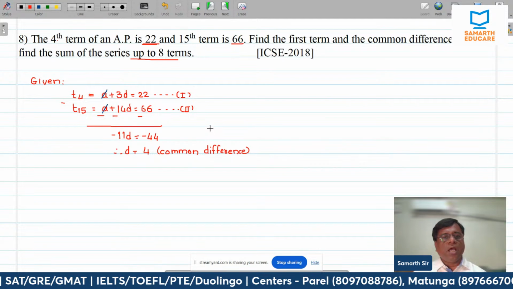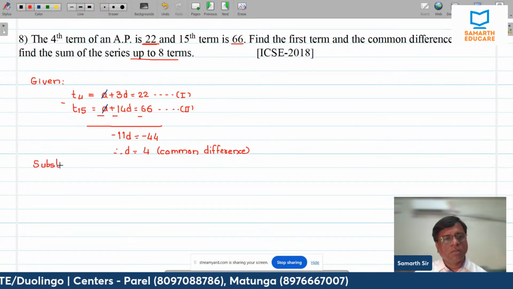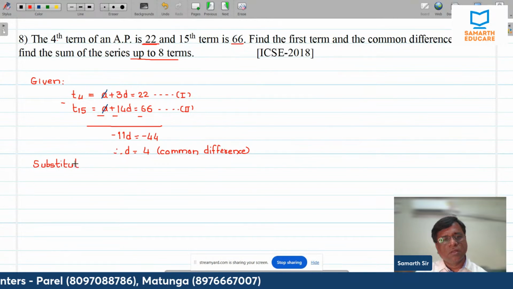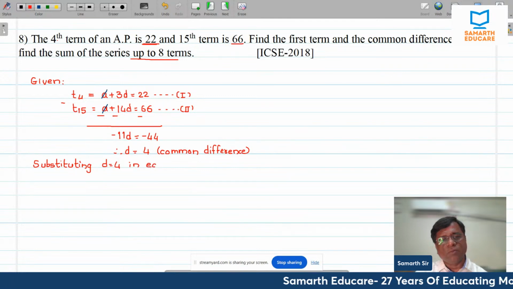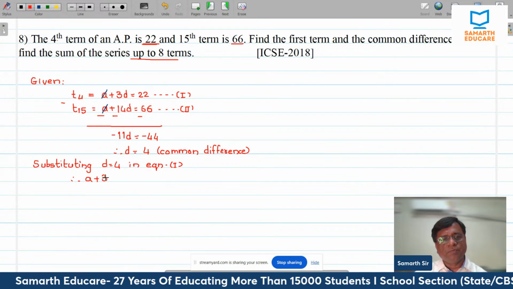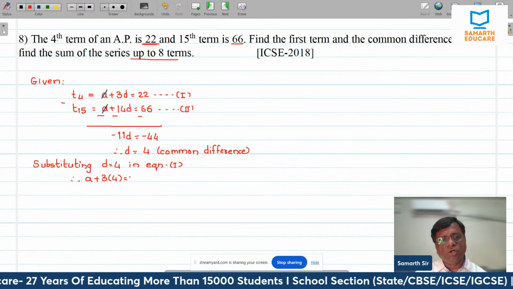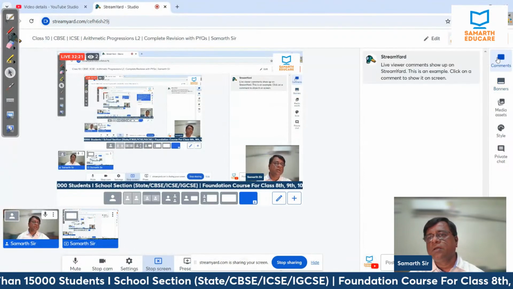All right, then I will look for the first term. So substituting d is equal to 4 in equation 1. If I do that, then a plus 3 into 4 is equal to 24. d के बदले मैंने क्या किया? d के बदले मैंने किया,